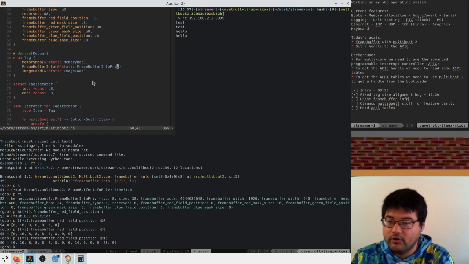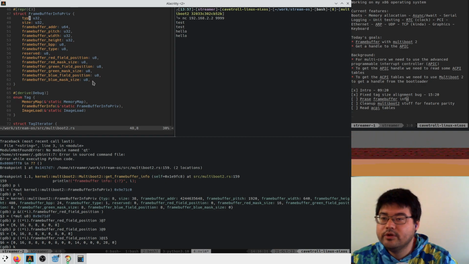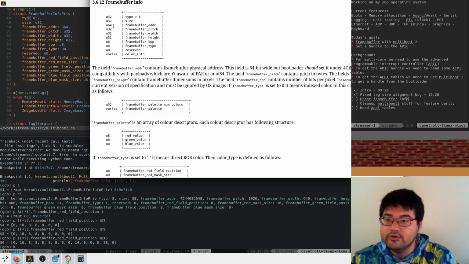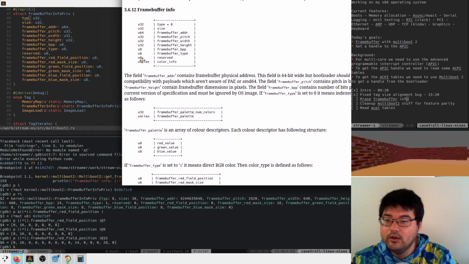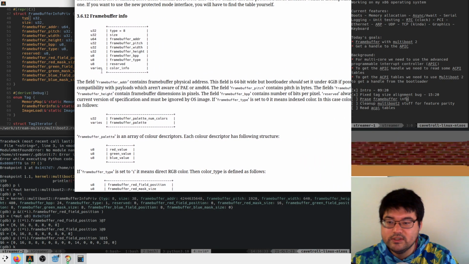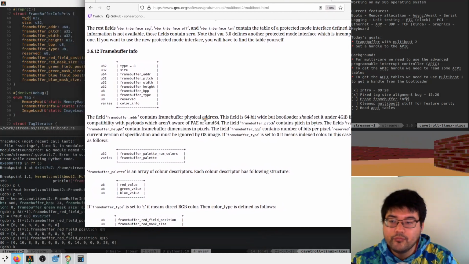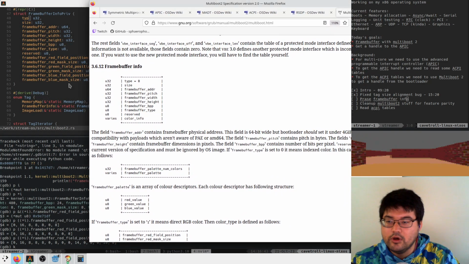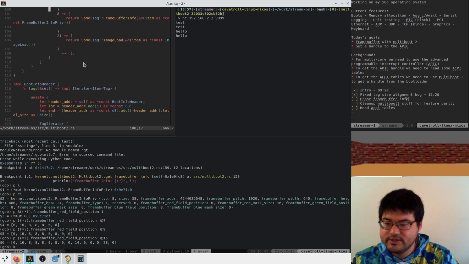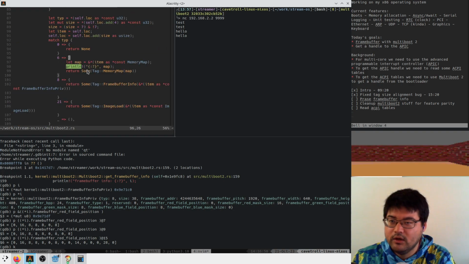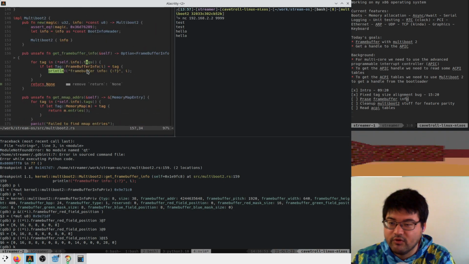So our frame buffer info. Does it line up? U32, U32, U64, U32, U32, U32, U8, U8, U8. Then this varies. So let's see what the size of this is. Can we maybe print somewhere the size of the frame buffer info?